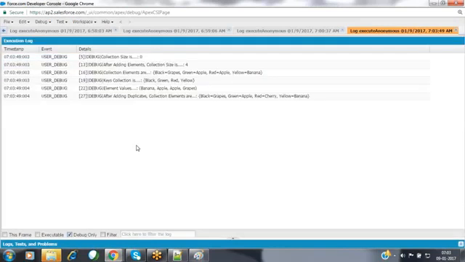Now verify the output: black grapes, green apple, red cherry. Previously we had red apple, but now that value has been modified to cherry. The apple value has been overwritten with cherry here.